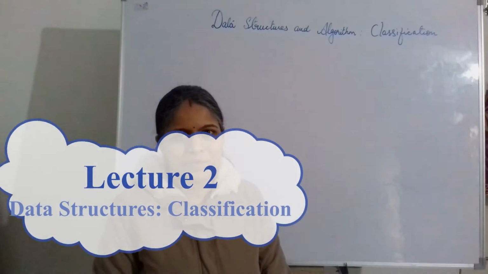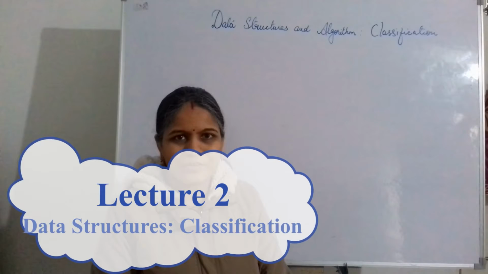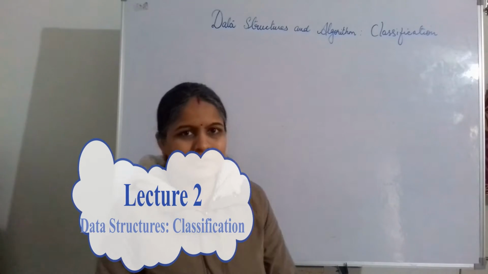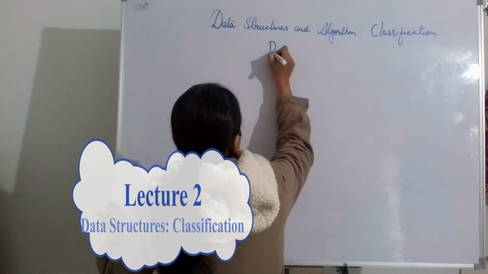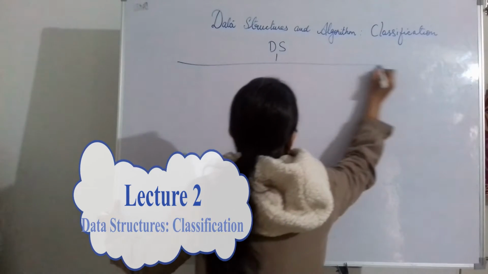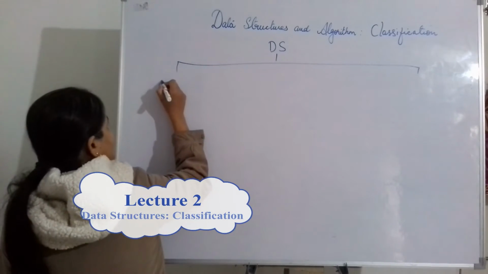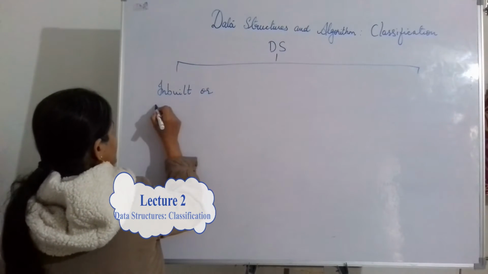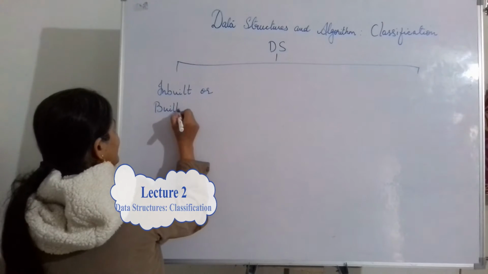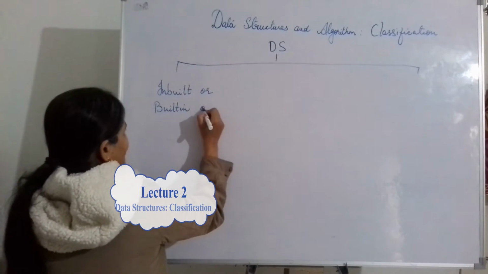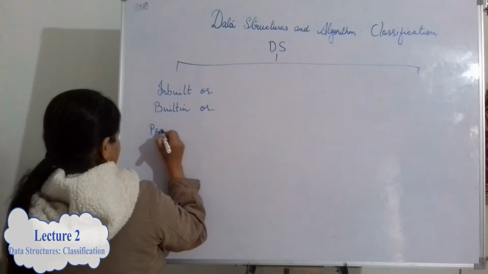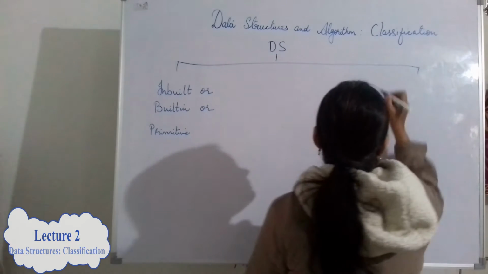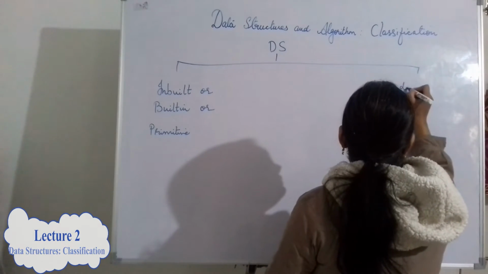In this lecture, we'll discuss the classification of data structures. Friends, data structures can be classified in two groups. DS here stands for data structures. First group is inbuilt data structure, or these are also called built-in data structures or primitive data structure. Another category is user-defined data structure